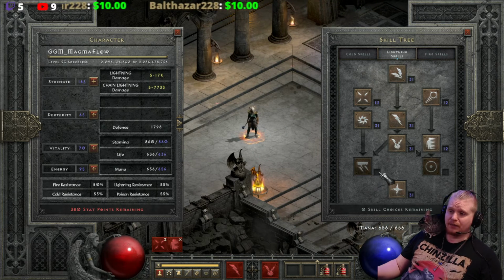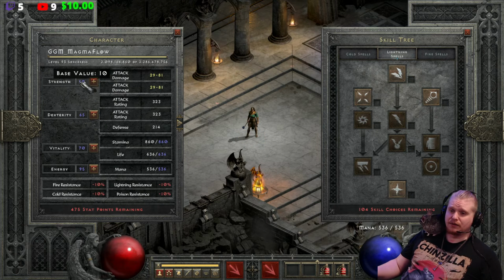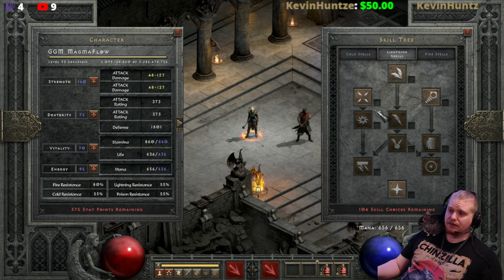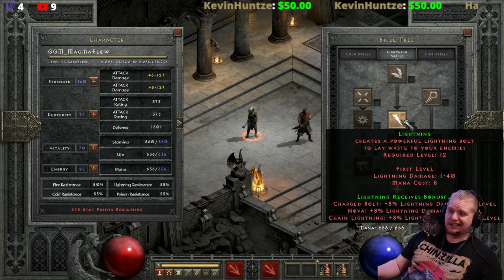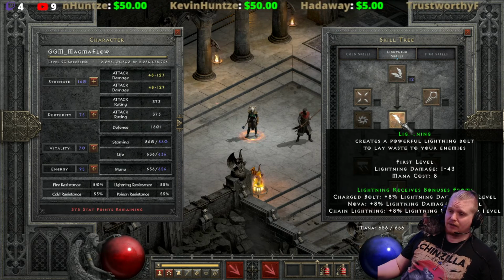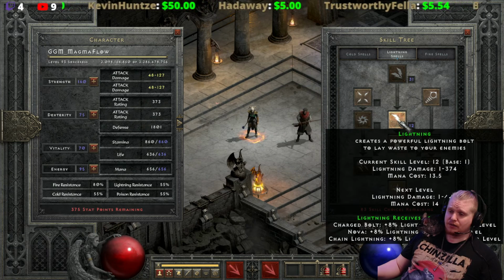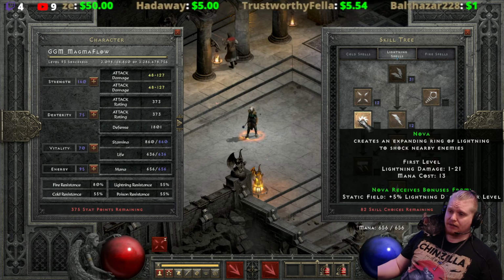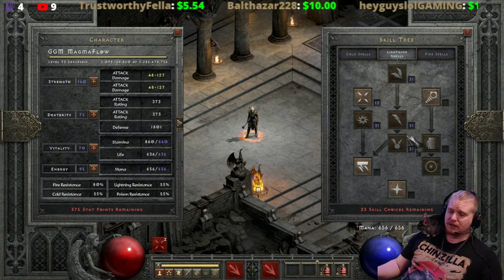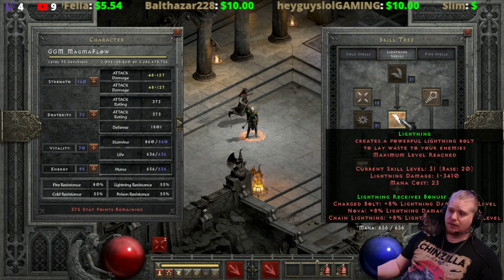Well, without Lightning Mastery, most of these skills are actually pretty garbage. If I were to reset my character here real quick, and just throw in some points so that she can actually wear her equipment, what you'll notice is that if I beef up a skill, like for instance Lightning, which is one of the more powerful skills in the Lightning tree, I can throw in all the synergies for Lightning, so max out Charged Bolt, max out Nova, and max out Chain Lightning, and of course max out the skill itself. But you'll notice that I'm only doing about 1 to